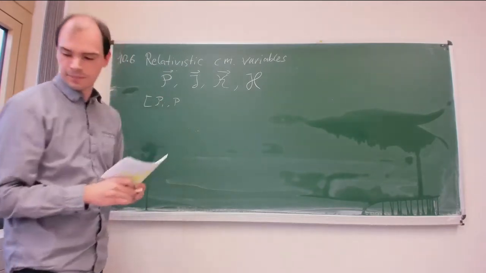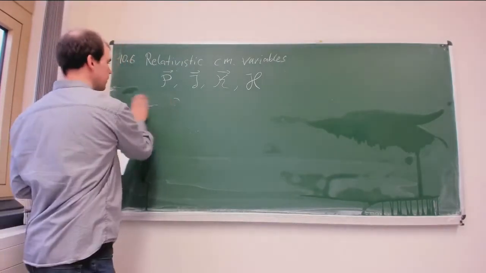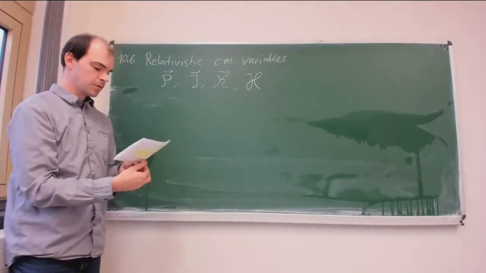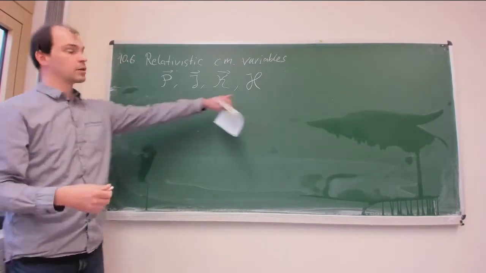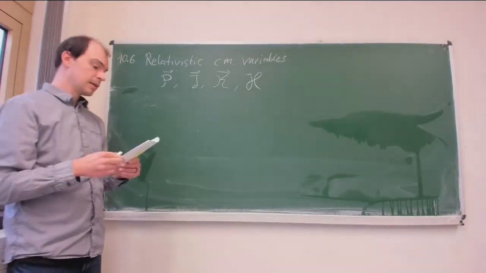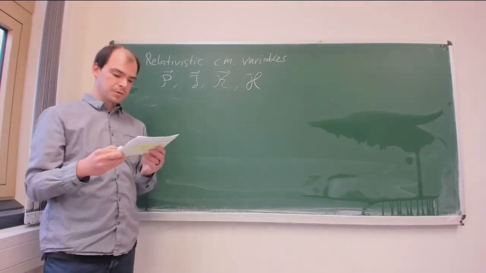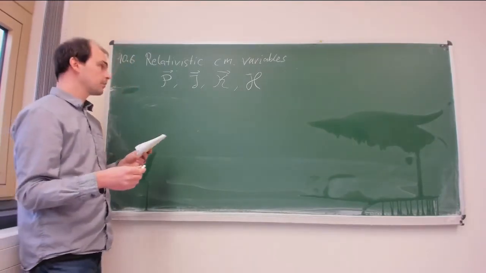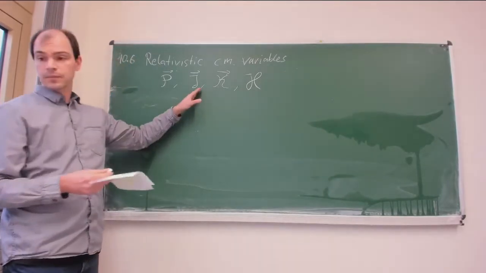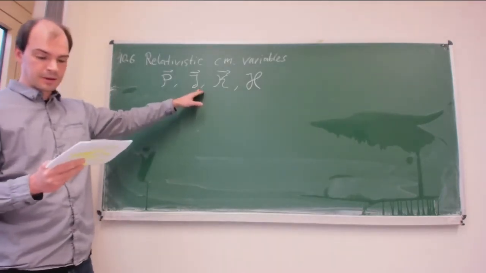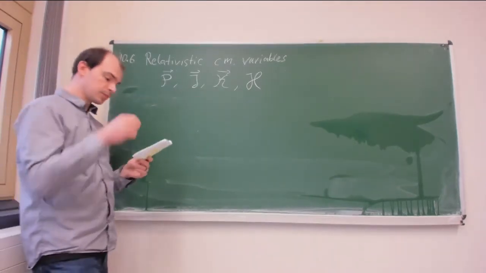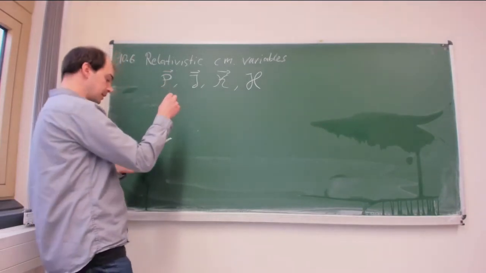Namely, I just skipped the commuting ones. So the P's commute with each other, and they commute with H. And also the J's commute with H. The J's will satisfy the algebra